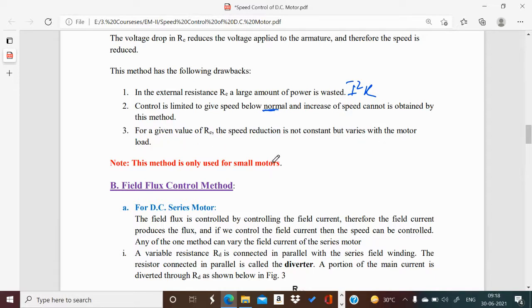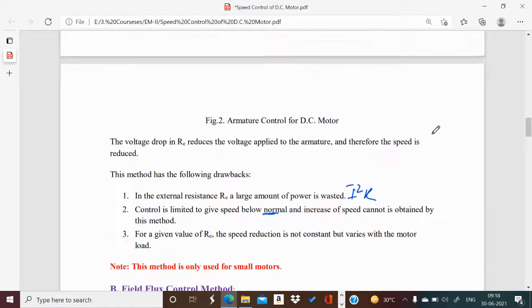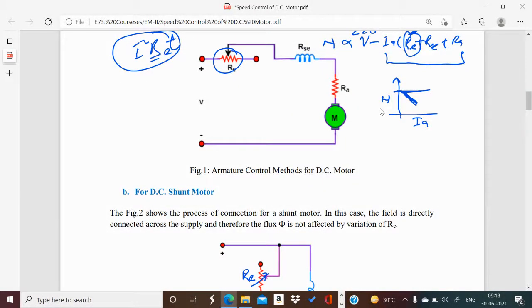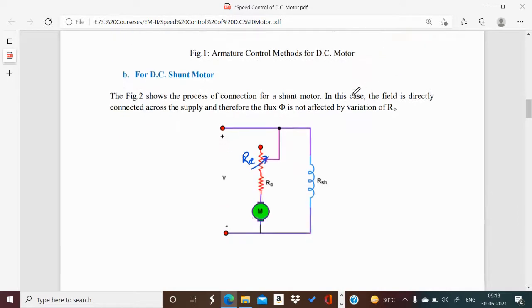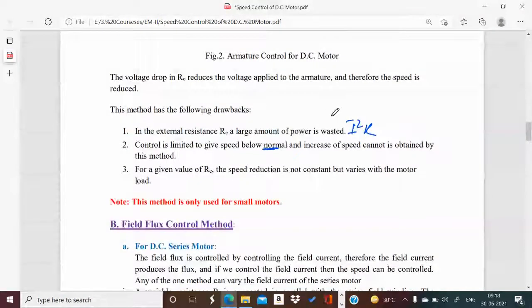That means as and when the load is increased, there will also be a change in the speed. There will also be speed reduction. That means if we apply some load, and these are the characteristics, then if we apply even more load, the speed will keep going further down. That means there will be an effect of load on the shaft as and when we apply load on the shaft.